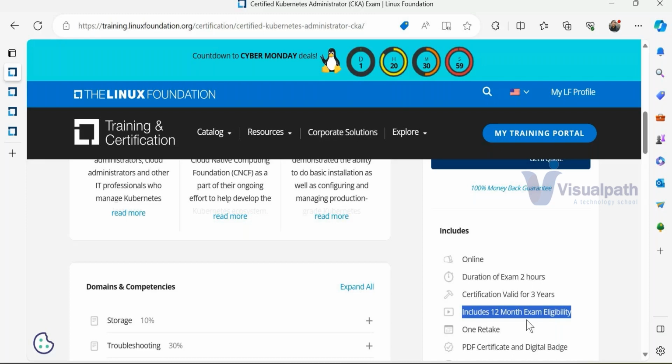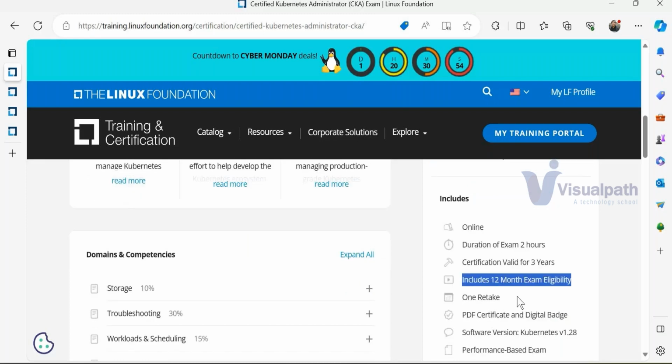So it is valid for 12 months, right? Don't plan at the end and forget the date, and the subscription has already expired, and you go sending emails over emails saying, okay, hey, I have not even attempted one and my subscription is over. Can you give me some grace period? They will not listen, right? So just adhere, remember the dates. Normally, we should not forget. So mark it in your calendar.